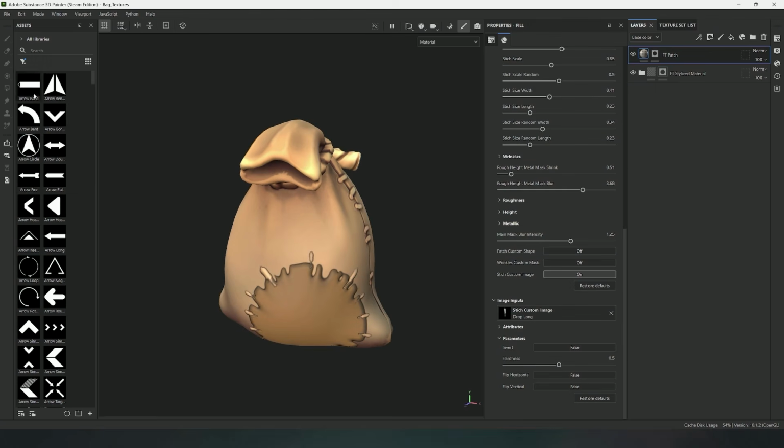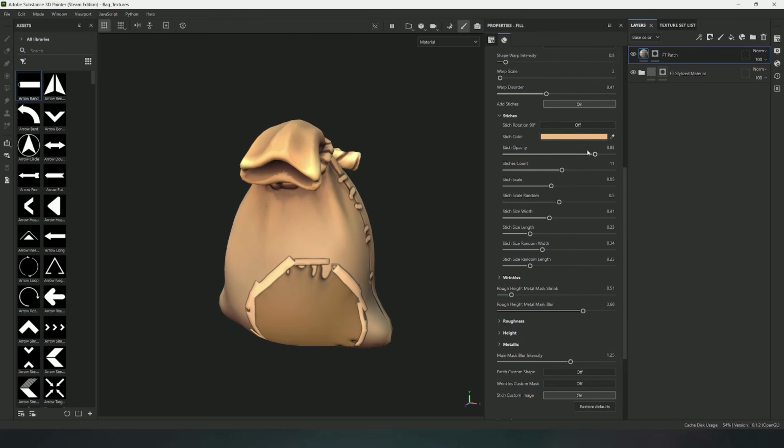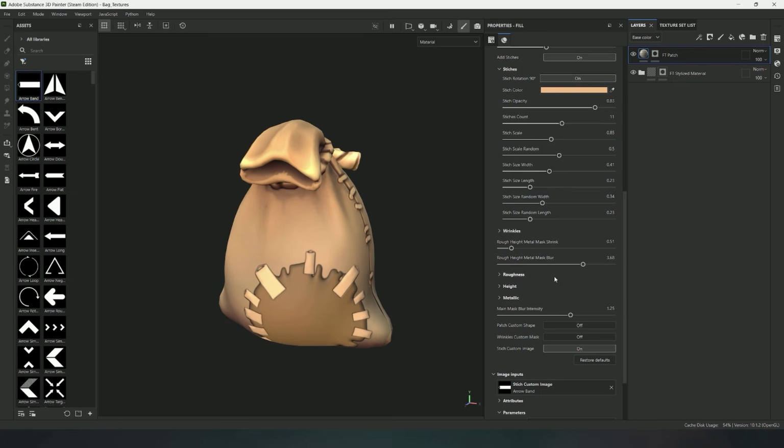Let's find some horizontal alpha, like this shape. And as you can see, the stitches are turned in the other direction. In this situation, the 90-degree stitch rotation parameter will help us. I think these settings are clear, so let's move on to the most fun part, and I'll show you some